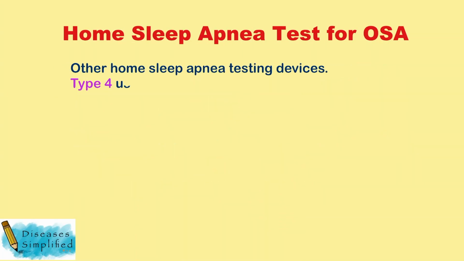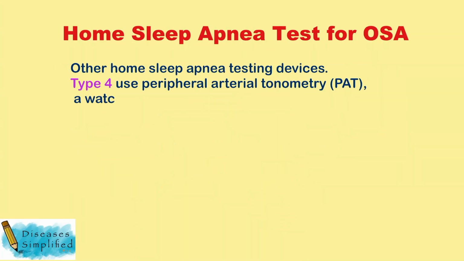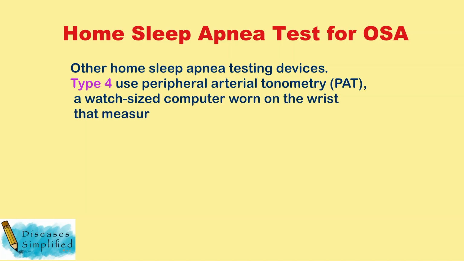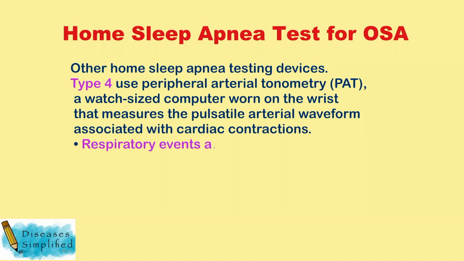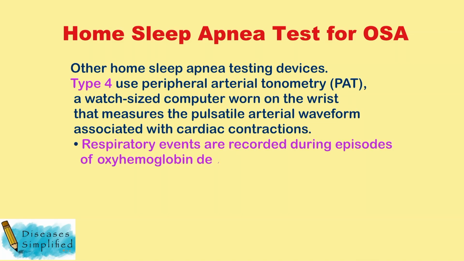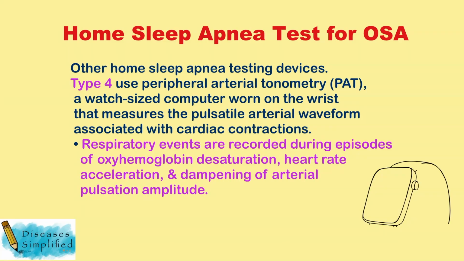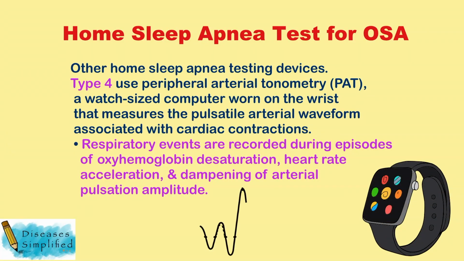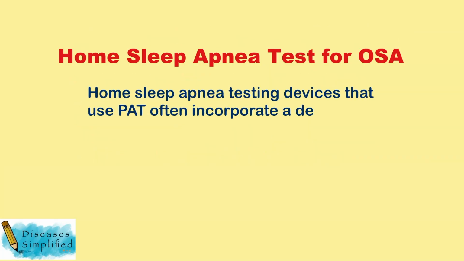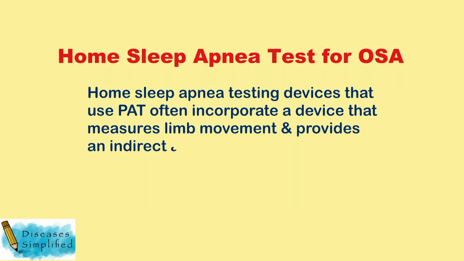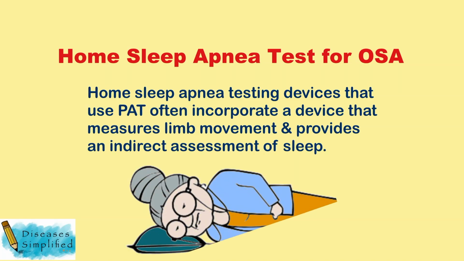Other home sleep apnea testing devices. Type 4. Use peripheral arterial tonometry, a watch-sized computer worn on the wrist that measures the pulsatile arterial waveform. Respiratory events are recorded during episodes of oxyhemoglobin desaturation, heart rate acceleration and dampening of arterial pulsation amplitude. Home sleep apnea testing devices that use PAT often incorporate a device that measures limb movement and provides an indirect